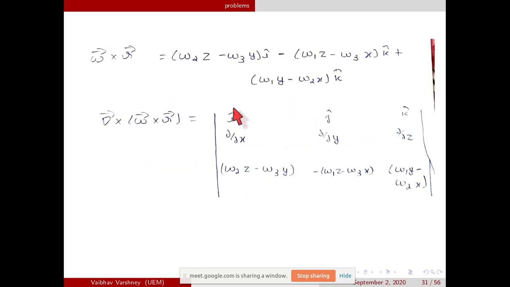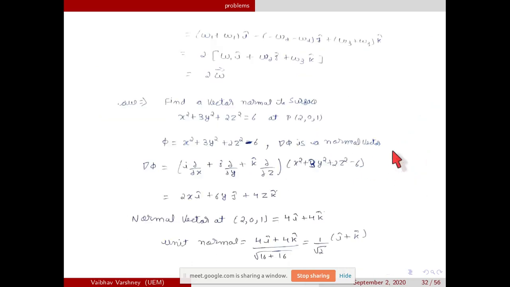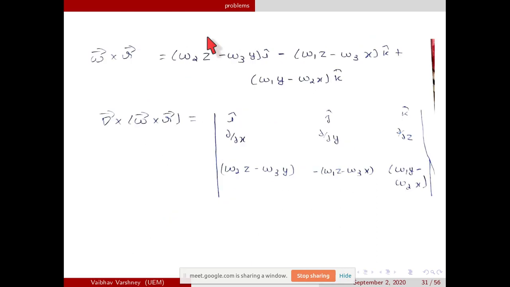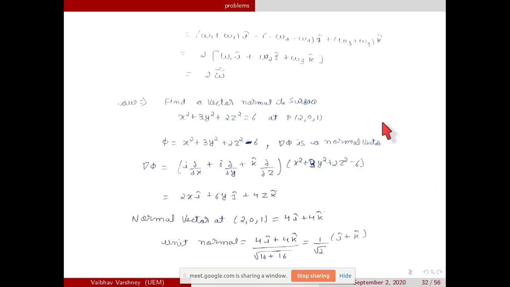See, when you are calculating the i component, you will hide this one and this one. So you have to multiply del by del y with this whole term, and because the second term doesn't have any y, it will come omega 1. Minus, now you have to multiply del by del z with this whole term, and the second term has no z, only the first term has z, so it is minus of omega 1 and minus, so it will be plus of omega 1. So the first term will be omega 1 plus omega 1, i cap.